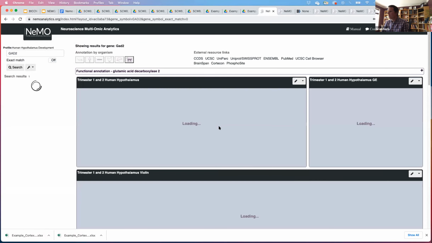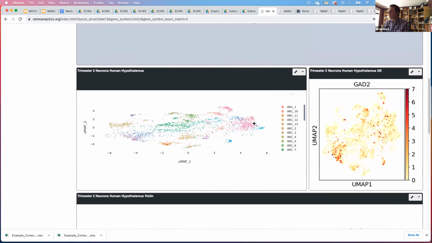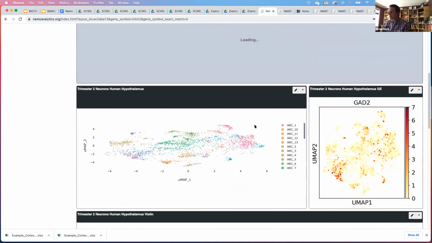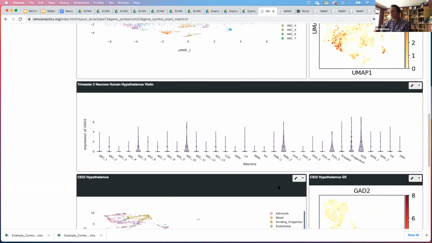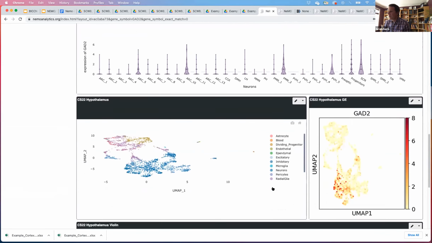Of a profile that we built very recently on human developmental data. And again, just a bunch of different views of that data. So the nice thing is that, again, you can have this mixture of things that really dissects, in this case, different neurons of the different regions of the hypothalamus. And really at a snapshot, you can see exactly how that gene expression is stratified across the various regions. And hopefully the types of plots that are available here will give you enough flexibility for displaying the data how you like.